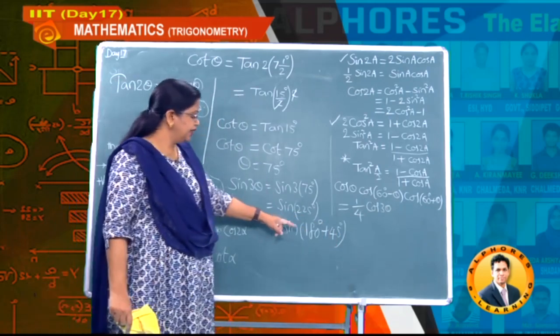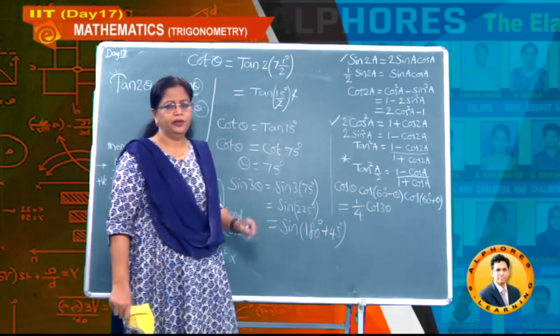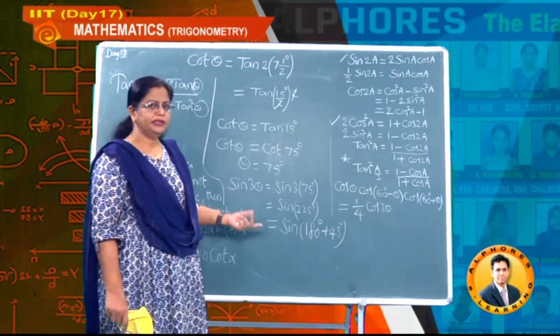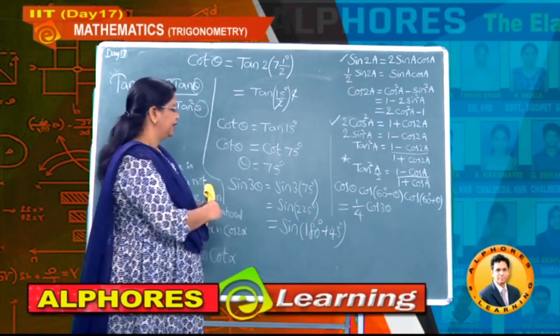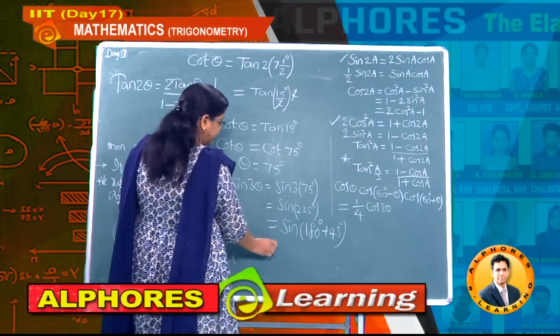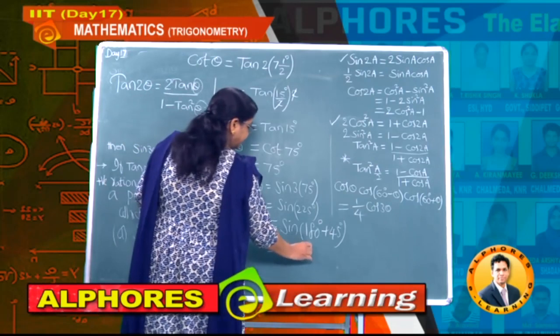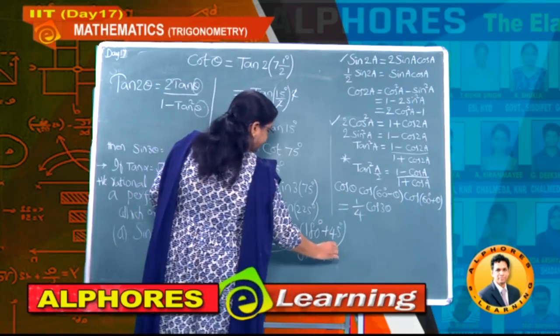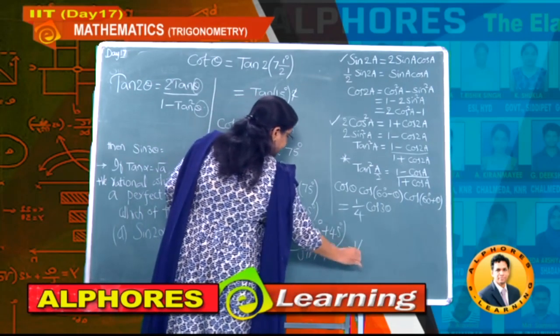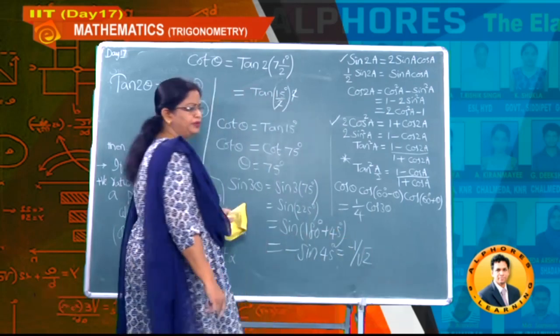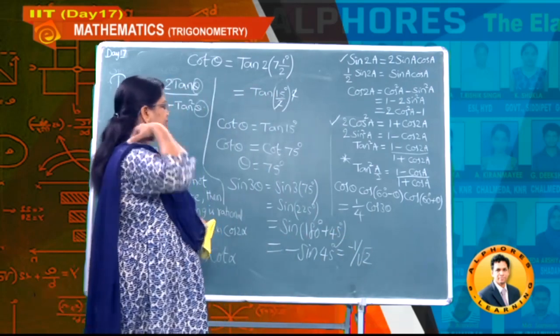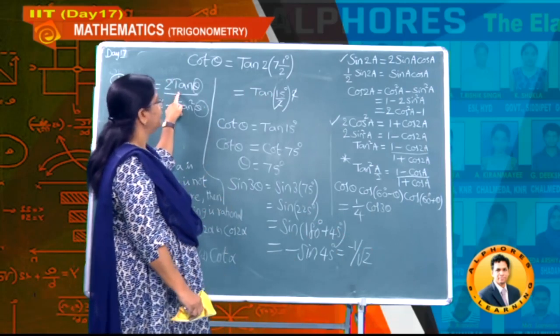Now sin of 180 plus theta, what is the value here? It is minus sin theta. Hence finally students, you got here minus sin 45 degrees, so the answer is minus 1 divided by root 2. Okay. So how did we do the problem? The formula we observed,